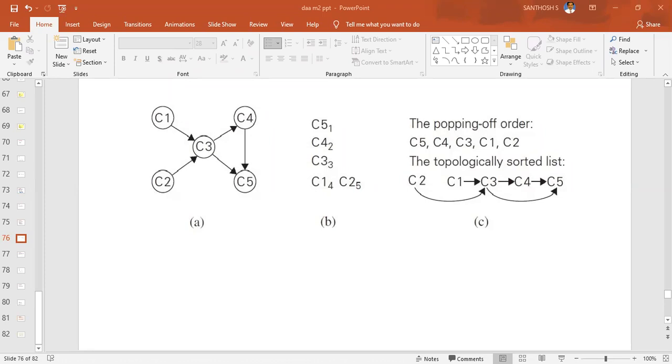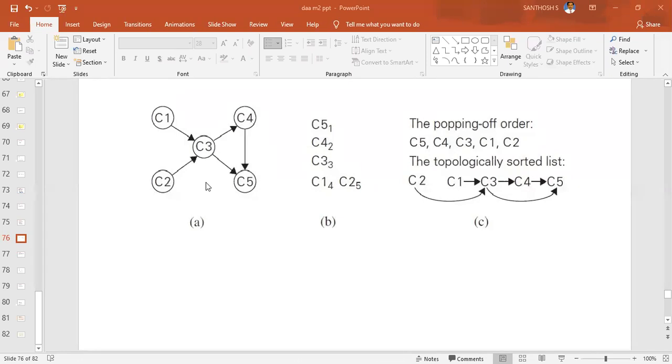Which node has no outgoing edge? C1 and C2 have outgoing edges to C3. From C3 there are outgoing edges to C4 and C5. Of C4 and C5, the one which has no outgoing edge is C5. Good. So remove that particular node and its edges.